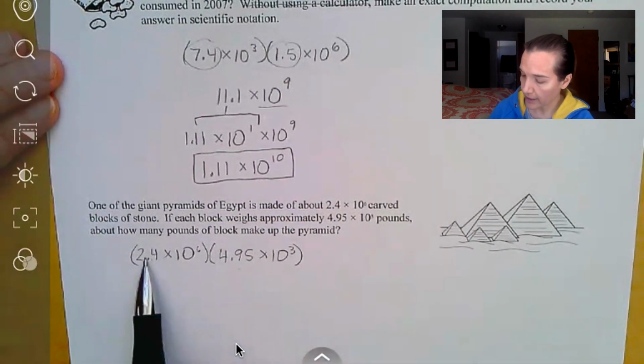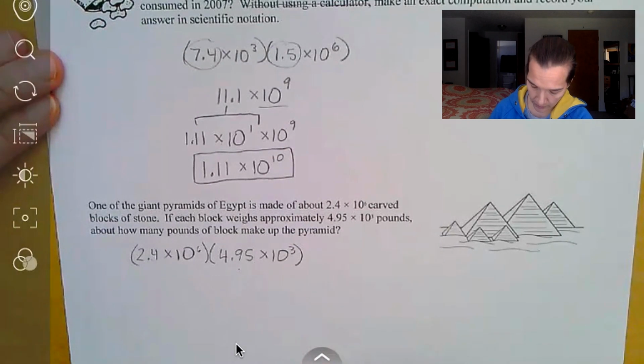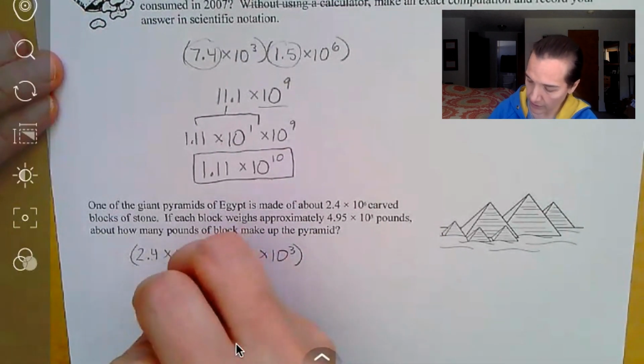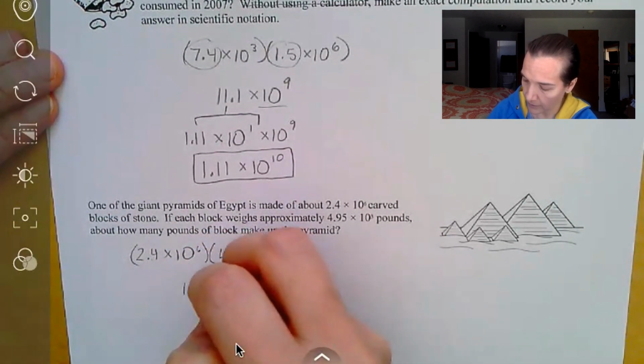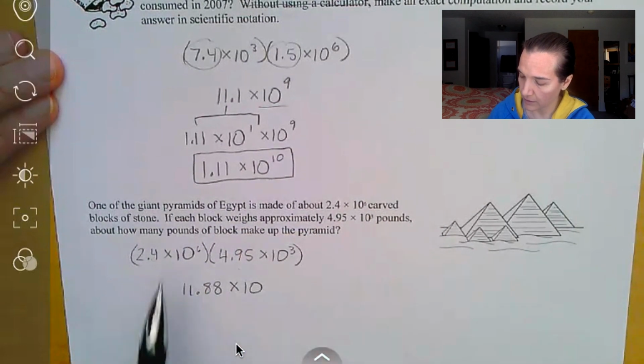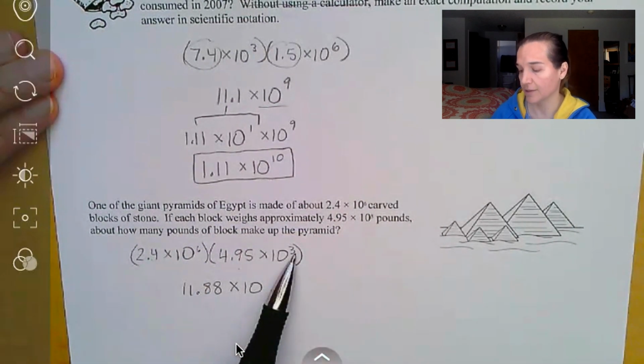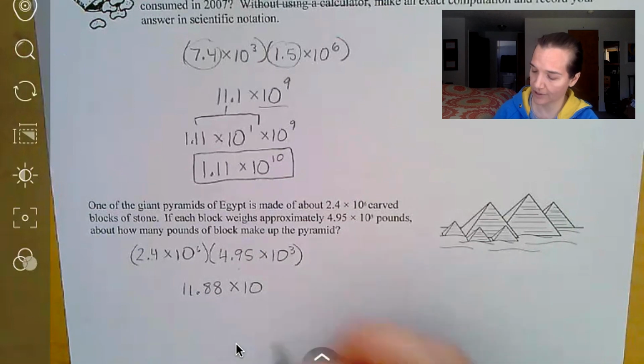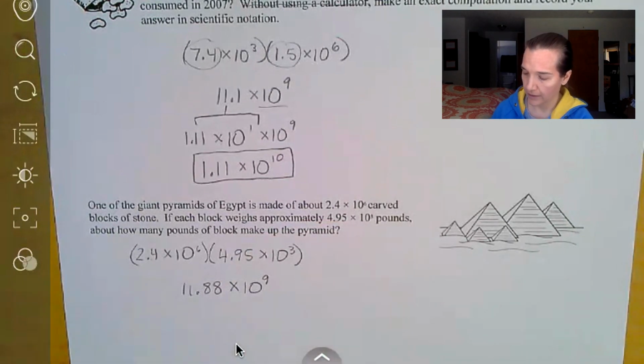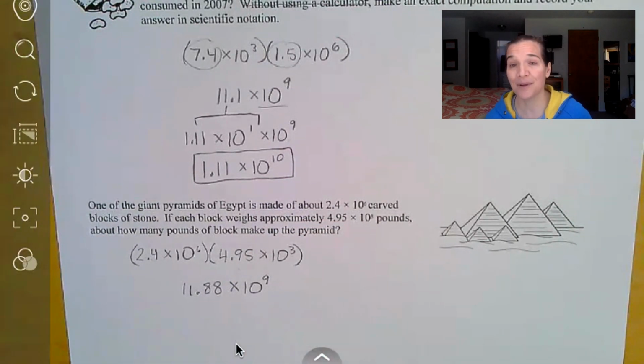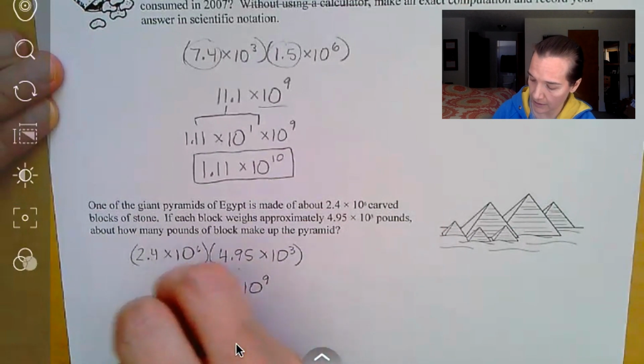Again, multiply the things out that I can, just the regular old numbers. That's going to give me 11.88 times 10. And when we're multiplying bases with exponents, we actually add those exponents. 6 plus 3, that's my 9. Once again, third time in a row, this is not in scientific notation. It's bigger than 10, so we're going to write it as, instead,